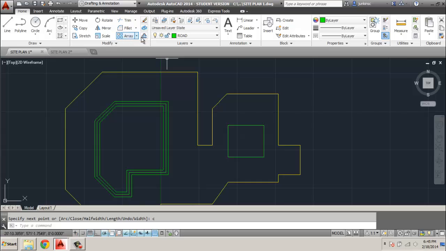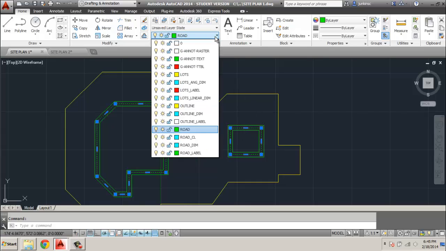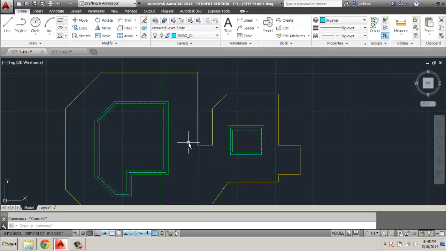And again, we're going to use our offset tool. Hit enter. Here, going in 8 feet. Left click again and go in another 8 feet. Okay. Now that we've got that done, I'm going to hit escape and select the center line on this one and this one. Change to your road center line and hit escape. Now that shouldn't be light blue. That should probably be,